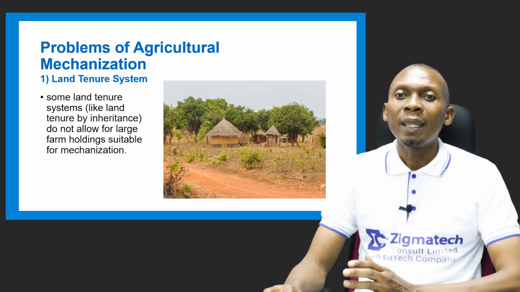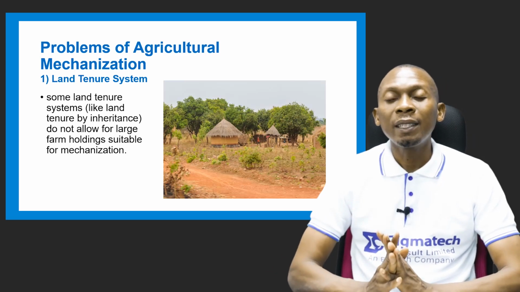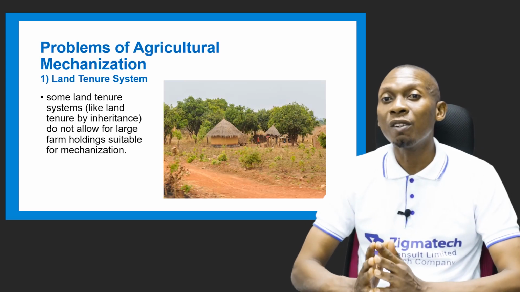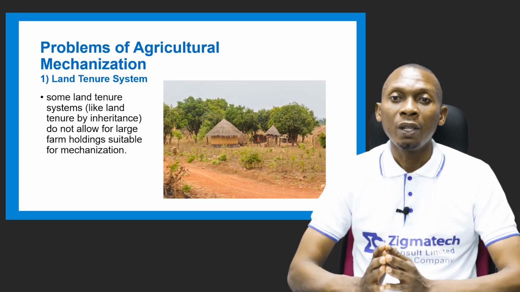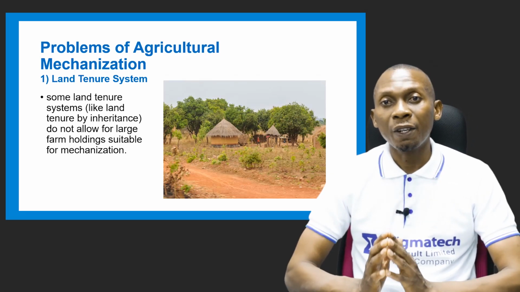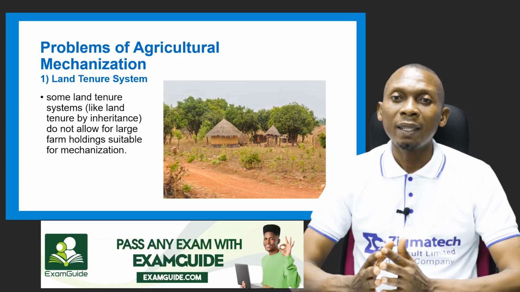Now, there are problems of agricultural mechanization. Let's take a look at some of them. The land tenure system. Land tenure has to do with the system of ownership or acquisition of land by an individual, a family, or a community. This system in Africa has posed a problem towards mechanization,